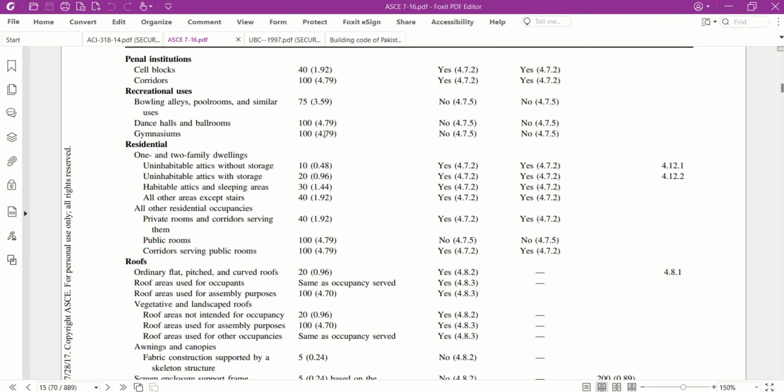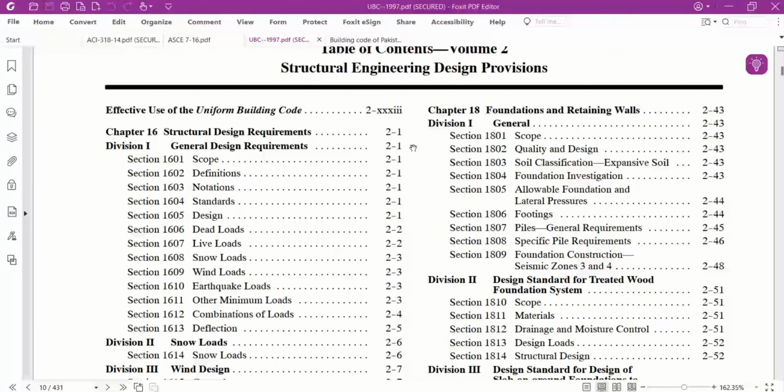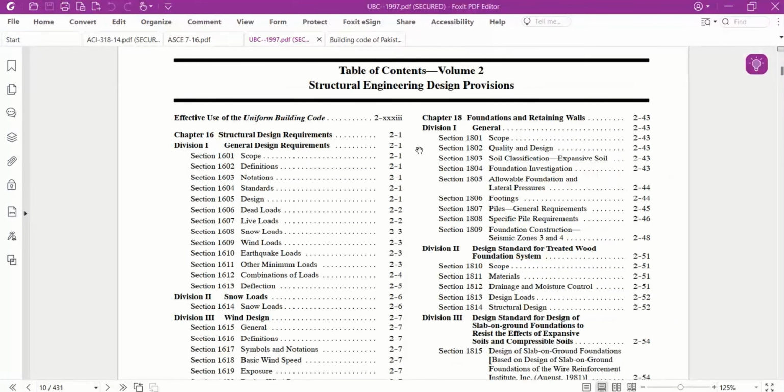So we will be using this code as well. The next one is the UBC 97 and the Building Code of Pakistan 2007 based on the UBC 97. If you are using this code or Building Code of Pakistan, both are the same code. So in this there is a volume 2, which is the structural engineering design provisions, and you can check